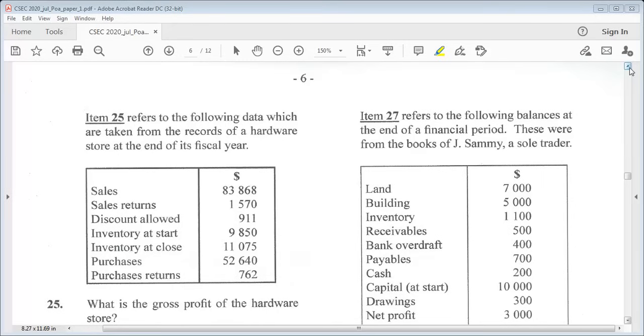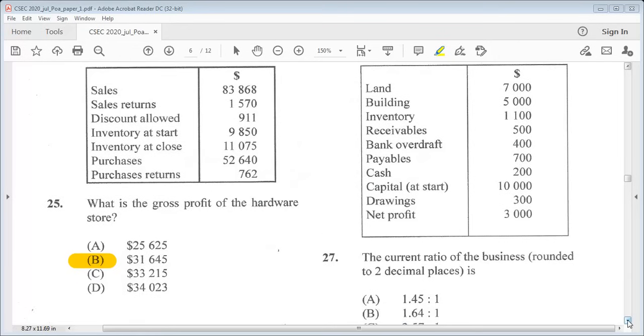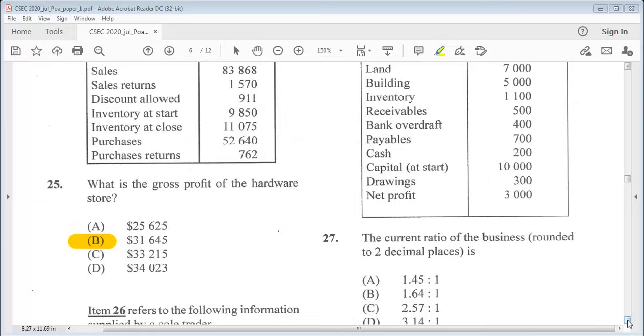27 says, item 27 refers to the following balances at the end of a financial period. These were from the books of J. Sammy, a sole trader. So here we have land, 7,000, building, 5,000, inventory, 1,100, receivables, 500, bank overdraft, 400, payables, 700, cash, 200, capital at start, 10,000, drawings, 300, net profit, 3,000. So the question says, the current ratio of the business rounded to two decimal places is,